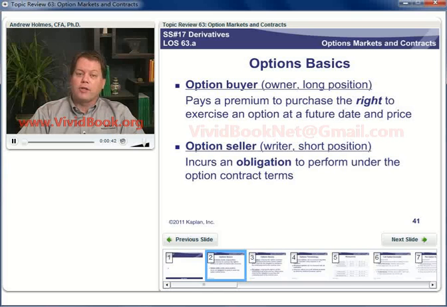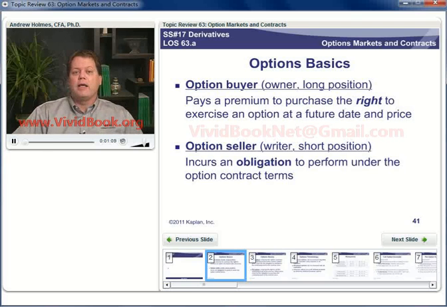So we have someone who buys a contract and someone, of course, who sells a contract. Can't have a buyer without a seller. So when we talk about option pricing, we are talking about the price of the option contract. When we talk about futures pricing, we're talking about the price at which the underlying will be exchanged. So the price at which the underlying will be exchanged is just one of the contract terms. When we get to options here, we call these the call premium and the put premium, and you'll see those